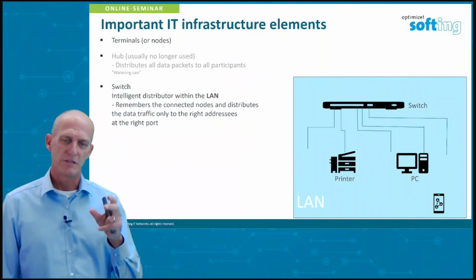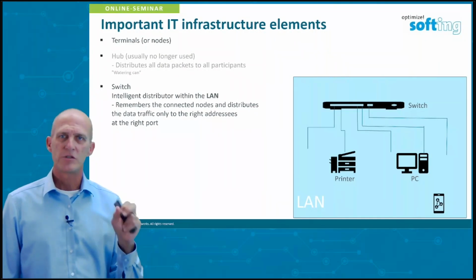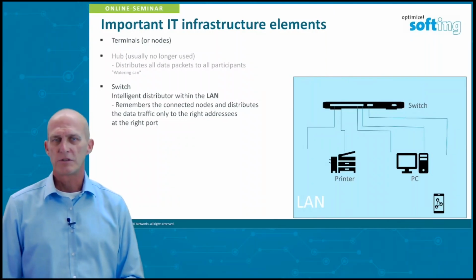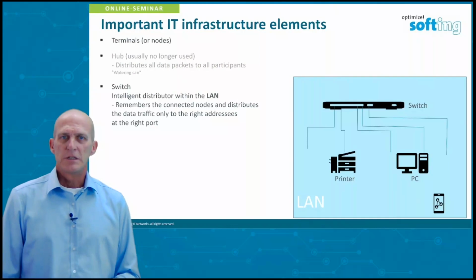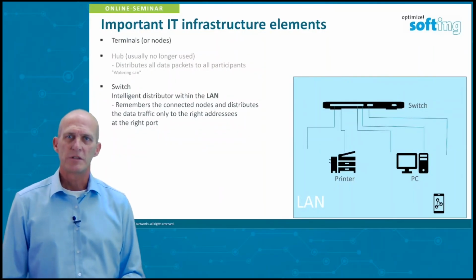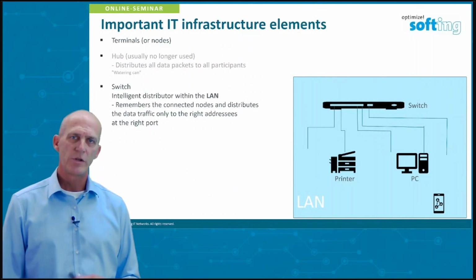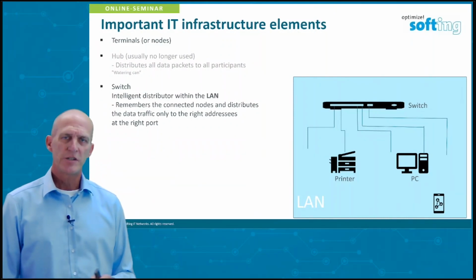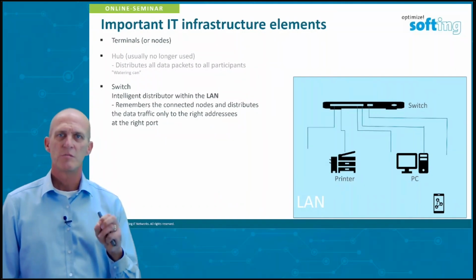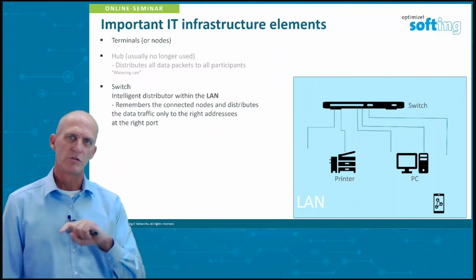They distribute all the traffic to all the devices, which is a lot, which creates a lot of overlapping traffic and overload of traffic, basically. Nowadays, what you use are switches. Switches are intelligent distribution devices that distribute traffic to only those members in the network that need to communicate to